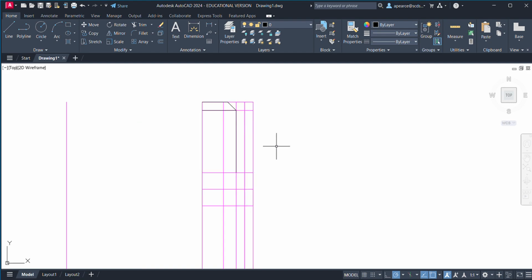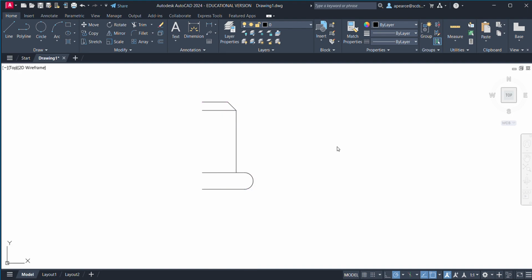The next thing is we have to draw a circle. And the circle is going to be 2-point, and it actually goes from here to here. And then we can trim the inside part of the circle that we don't require, and we're going to draw a line from the top of that circle straight across, and same at the bottom from the curve to the center. Now if I turn off my layer for a second for construction, this is what I see,